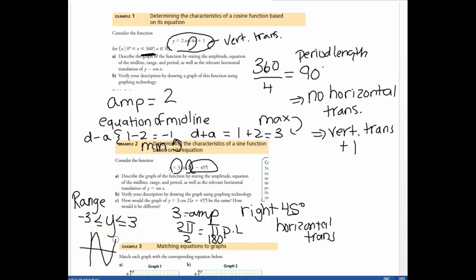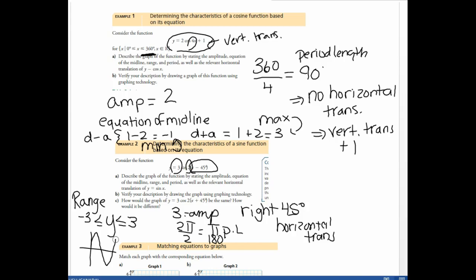The midline is the middle, and the amp and the range is like how high it goes. So it's more like the max. Like in this first one, our max was 3 and our min was minus 1, so you'd say y has to be greater than minus 1 but less